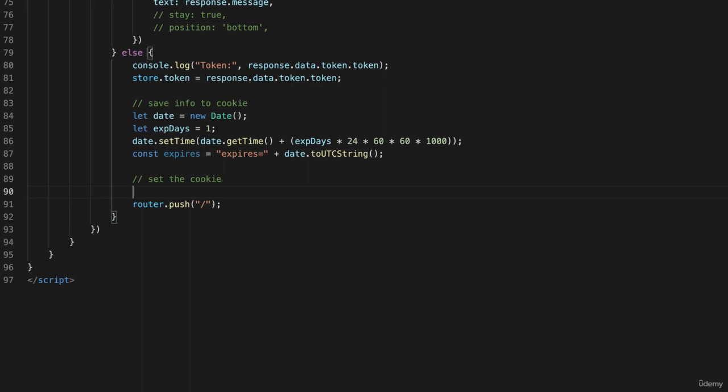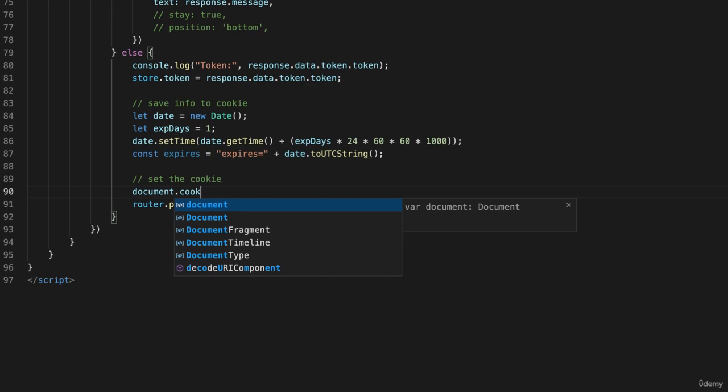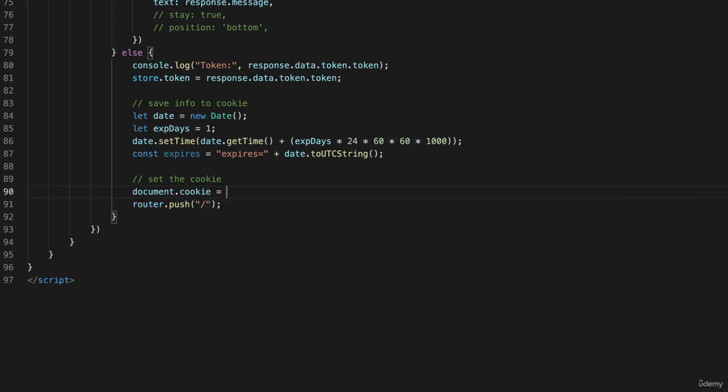And that's as simple as saying document.cookie equals, and it's a string, and I'm going to call mine _site_data, okay? Equals, and then I need to put a body in there, and we'll come back to that in a minute, okay? So I'll put a plus like this, and we're going to put a JSON file in there. We're going to store a small JSON file in a cookie, but we'll write that in a minute, okay? Plus